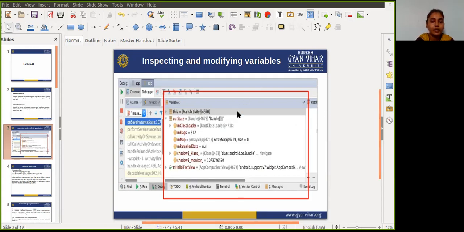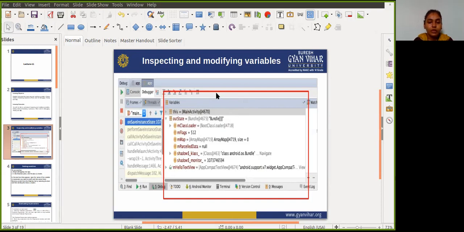This three horizontal line icon is the restore variables view icon. So if the variables view is not visible to you, just click on it.